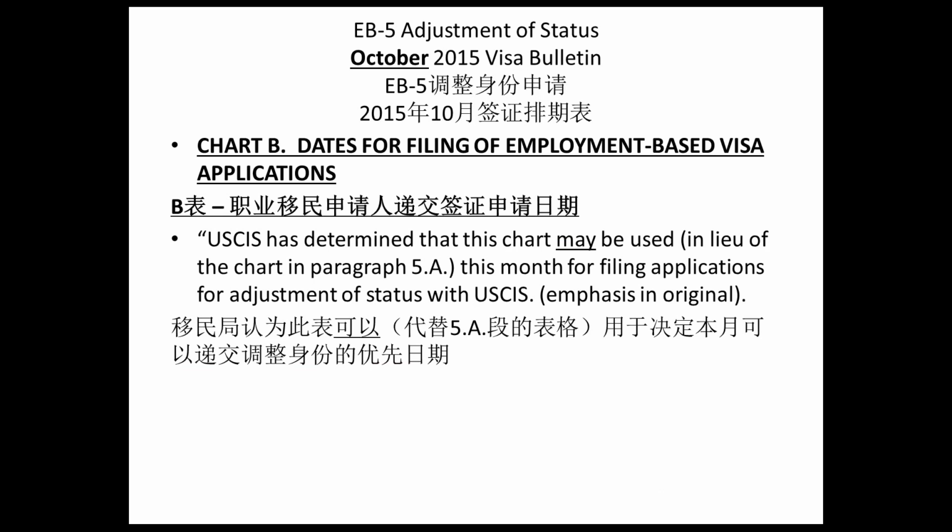And again, in this chart, this is the word of the visa bulletin. It may be used. It does not have to be used. It can be used for October. They have not said we can use it for November. 下面这个解释就是他们在10月的签证排期表上解释的说这个新的这个表格可以作为递交签证申请的一个标准，但是在11月的签证排期表上面这句话被拿掉了，所以11月的情况我们还不确定。